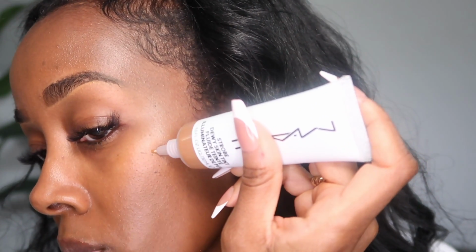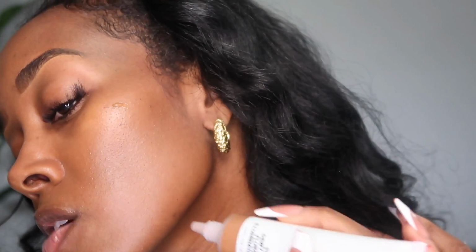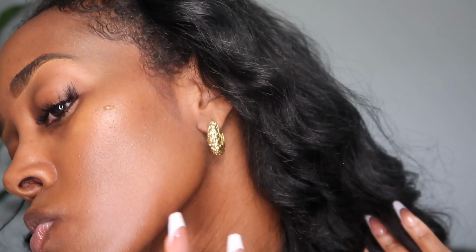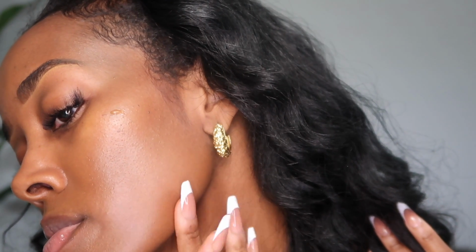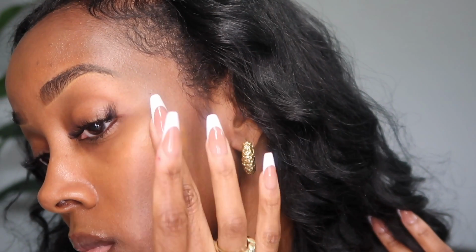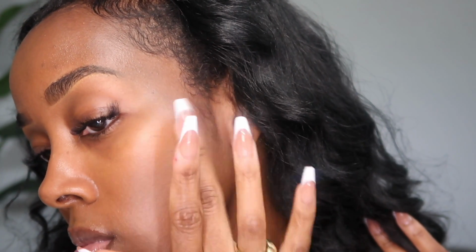What I want to do is see if I can build the coverage a little bit over here. So I'm just gonna put like that much more there, and then where y'all see I have this dark mark, let's see if we can actually get some coverage. And I'm just gonna blend it in with my finger and see how that does. So y'all can see I got just a tiny bit more coverage, but you can still see my hyperpigmentation through